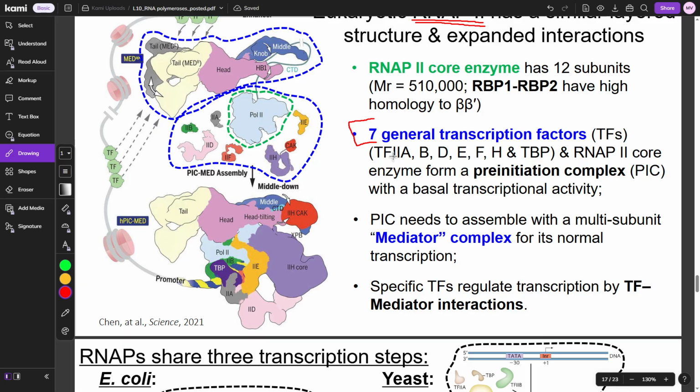These are general transcription factors. You need these for transcription generally, but there are also gene-specific transcription factors, outside of these 7, that help with specific genes. All this is to say that if you have these 7, you're going to produce transcription at a certain rate. If you add the mediator complex, it's going to be significantly faster. And if you add more gene-specific transcription factors, it's going to be even quicker. Basically, the more transcription factors and mediator complex you add, the faster it gets.